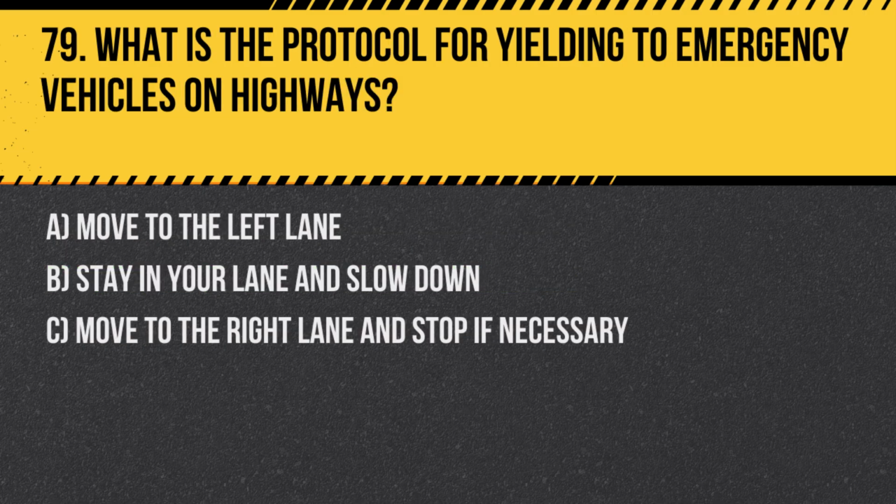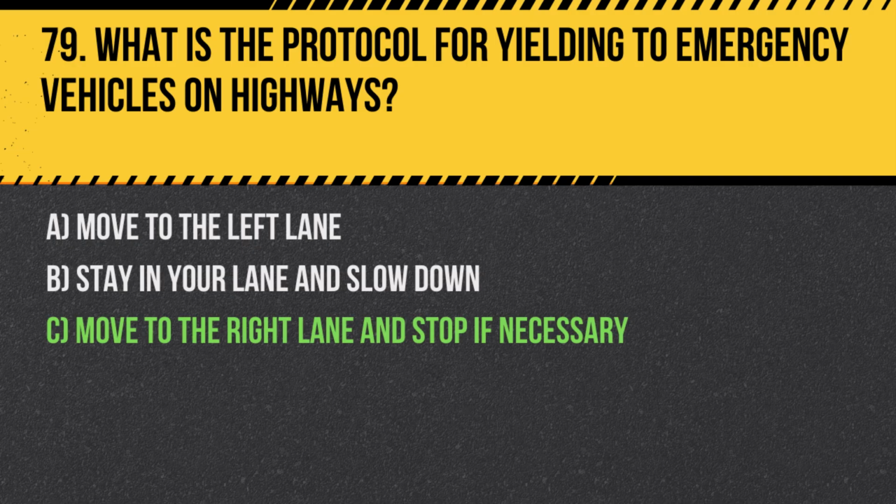Question 79. What is the protocol for yielding to emergency vehicles on highways? A. Move to the left lane. B. Stay in your lane and slow down. C. Move to the right lane and stop if necessary. Answer: C. Move to the right lane and stop if necessary. When emergency vehicles are approaching on a highway, moving to the right and stopping if necessary provides a clear path